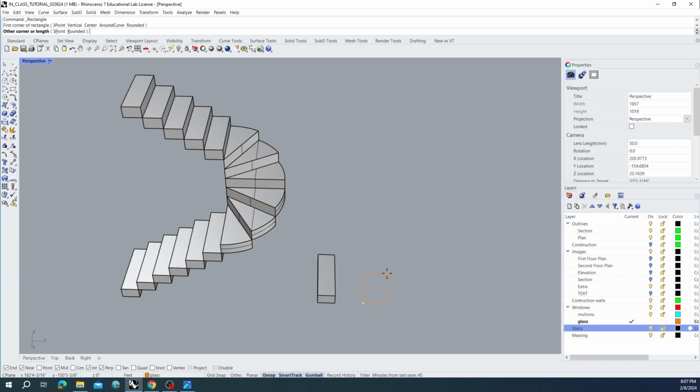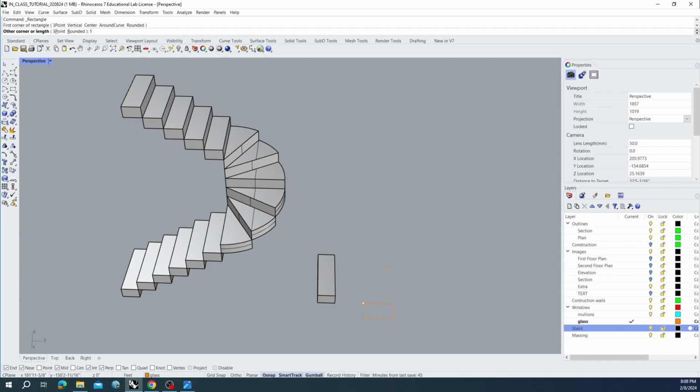What that means is for every 7 inches of vertical height or rise, the distance moving forward needs to be 11 inches. So what that means is